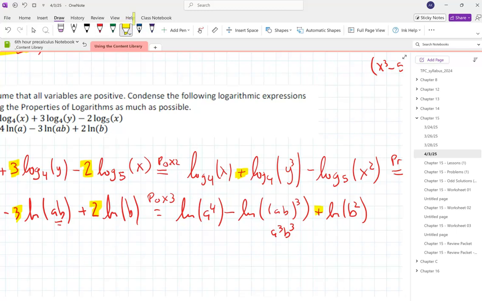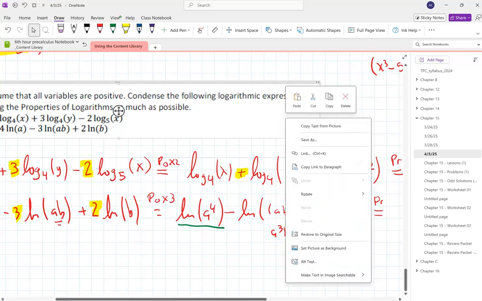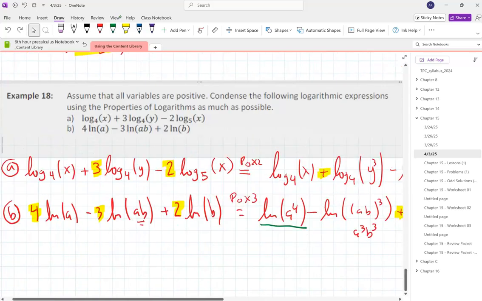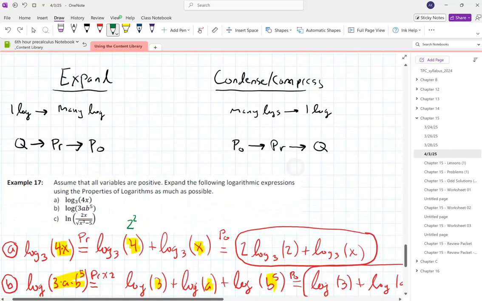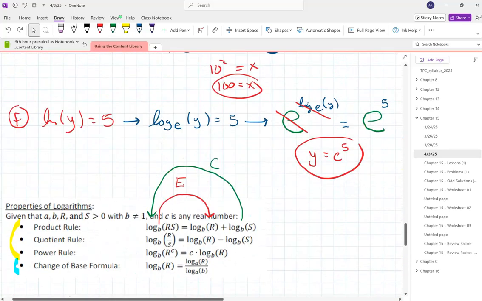Next, we're going to look for a product property. So I see that I have addition, so we should be able to do a product property. Now this is a little tricky though, because the two logarithms that are going to go together in the product property are not the second logarithm and the third logarithm. It's going to be the first and third logarithm. Because if I look at my product property,